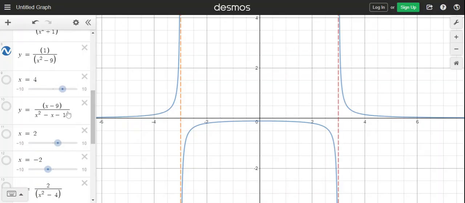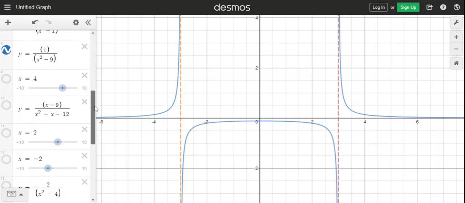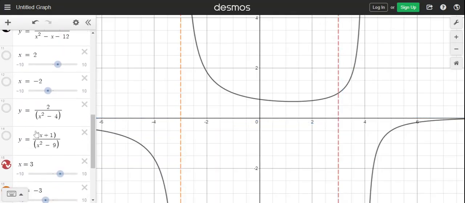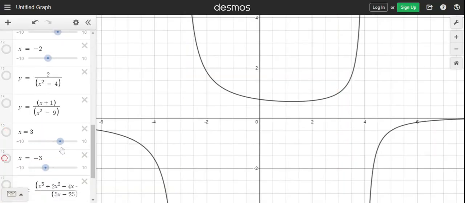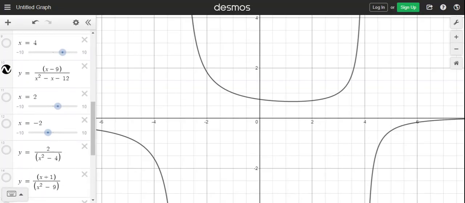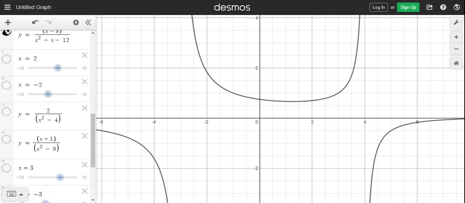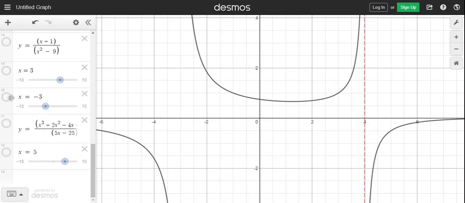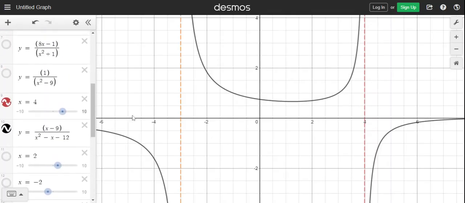Let's have a look at another rational function. The top is linear, bottom is quadratic. So let's see how this one looks. This time it's not reciprocal. We can't say this is reciprocal of a quadratic function, but the top is linear. It's not a constant, and the bottom is quadratic. And now we see that the roots of the denominator are actually 4 and negative 3. So x equals 4 and x equals negative 3 would be playing the role of a vertical asymptote for this